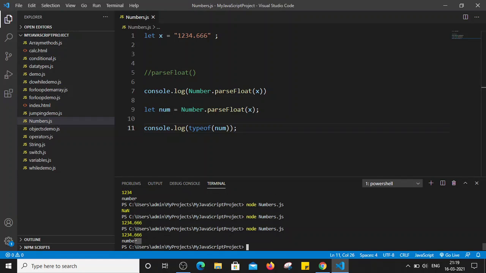Right, so it will return the number format because we have used the parseFloat method, and in JavaScript after using the parseFloat method it will return a number, because number contains decimal as well as integer values, right? So this is how we can use the parseInt and parseFloat methods, right? Now let's see one more method, that is